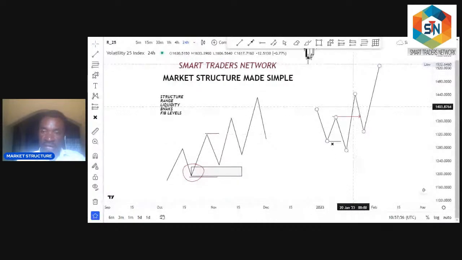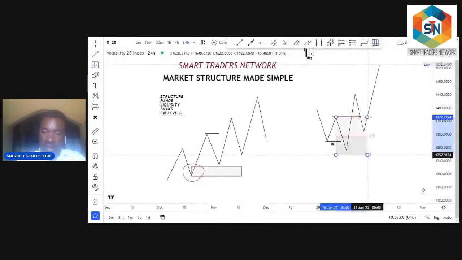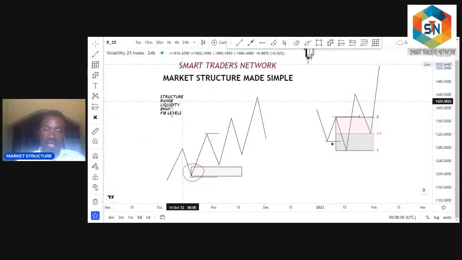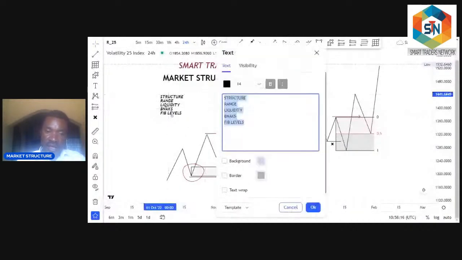I can either take the measurement of this place and then I'll just play 50%. So price most likely will come to the 50% and go up. So if liquidity has been taken, the next thing you want to look at is your bank. By banks, sorry, let me correct that. By bank, I'm talking about